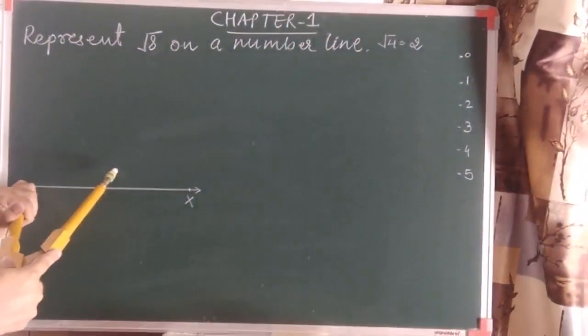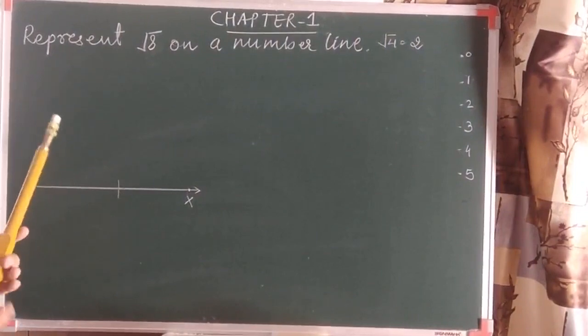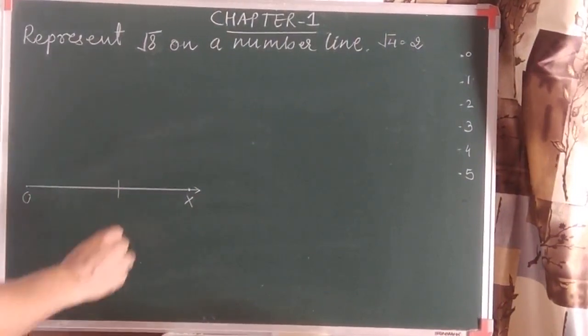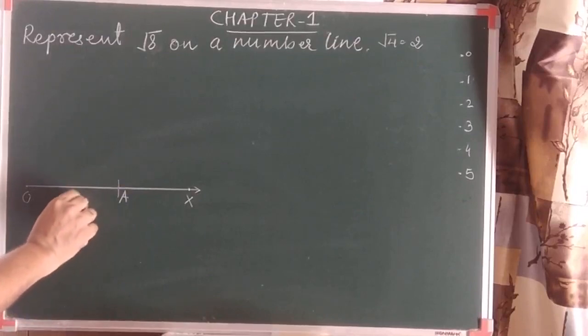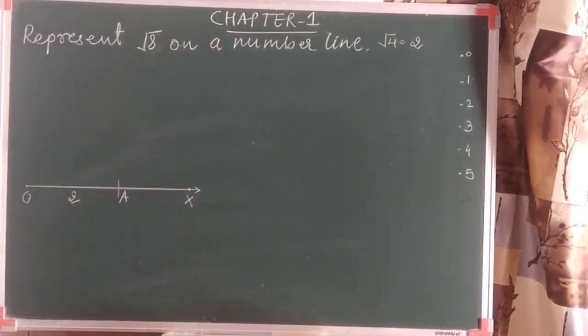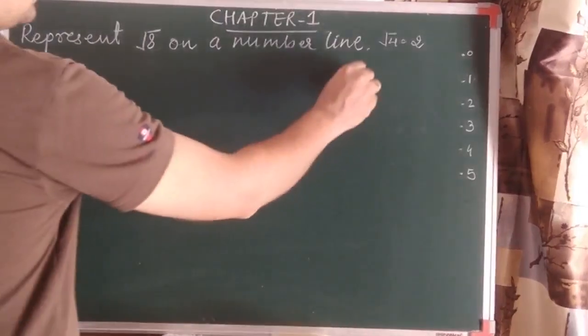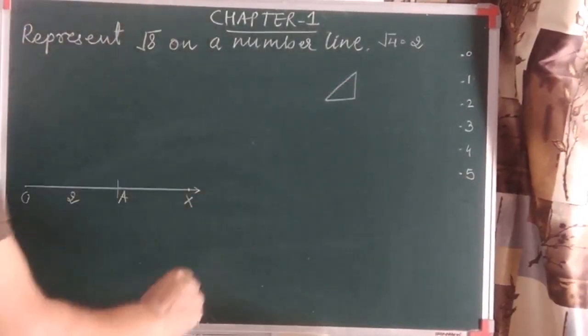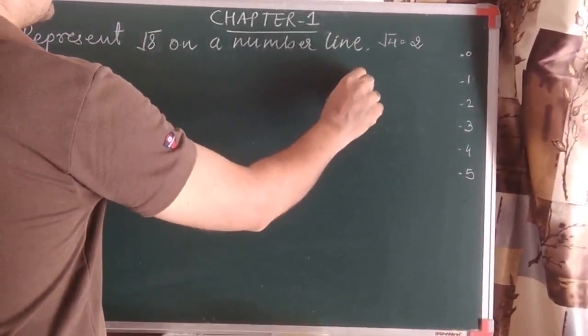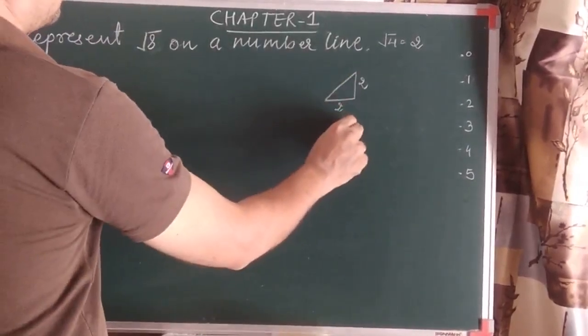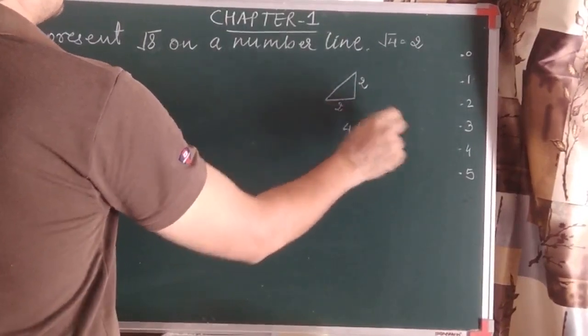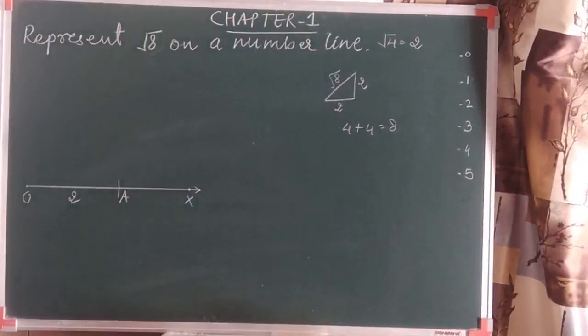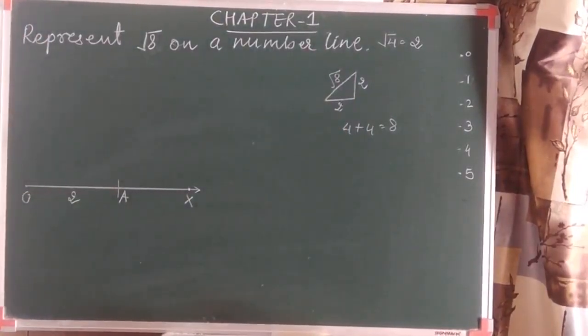From point O on ray OX, this, remember, is 2 units, but we discussed that 2 units is 4 centimeters. Now how much perpendicular should I draw? As I explained in the previous question, if you are aware of the Pythagoras theorem, this is 2. If I take this value also as 2, the squares, 4 plus 4, become 8. So we obtain this value as root 8. So this perpendicular should again be the same value, that is 2 units.